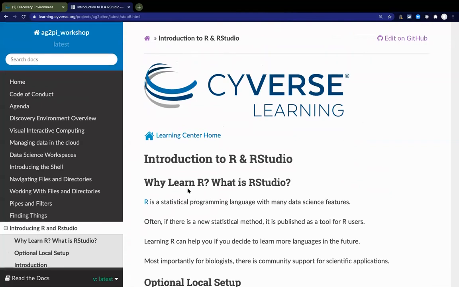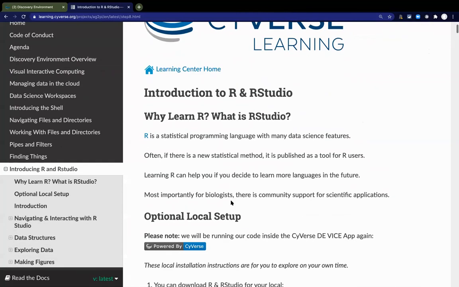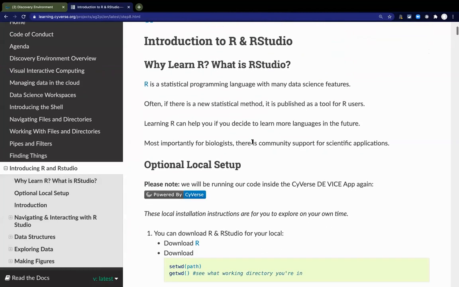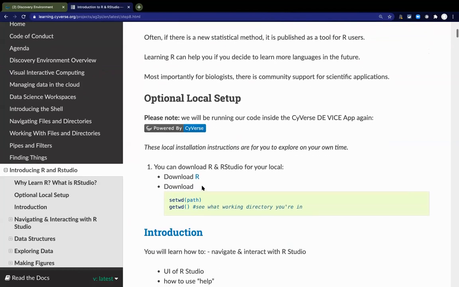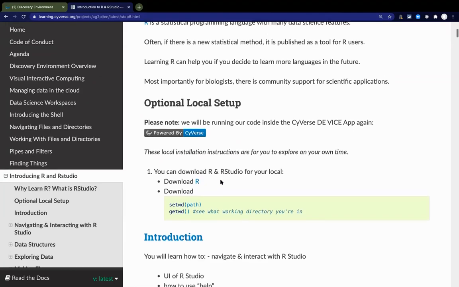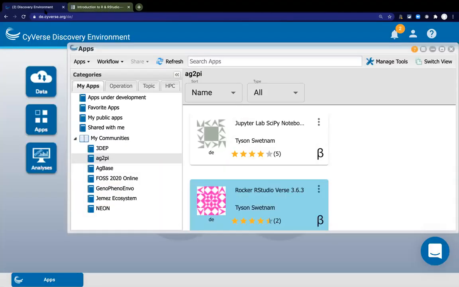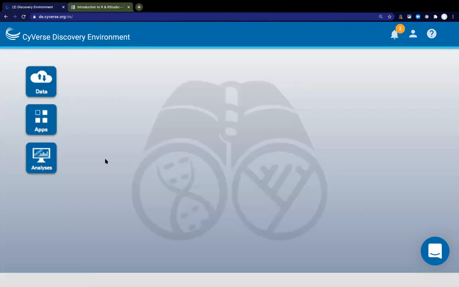So the website is finally loaded for me. If you get lost or you fall behind, you can come to this last section. There's some instructions here. So we've just clicked through to this quick launch, and we've launched the RStudio environment. While we're waiting for that to get started,